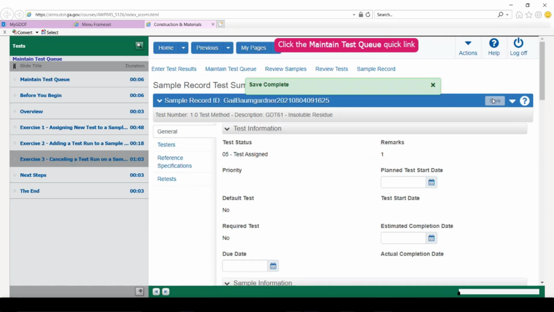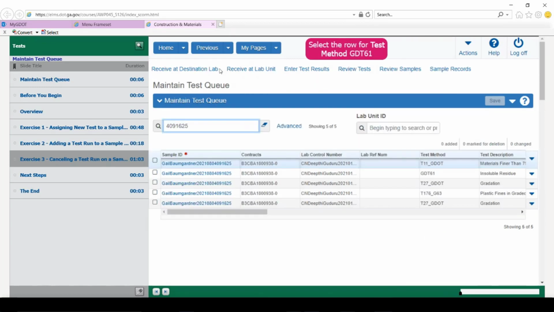Now we have another quick link here at the top for Maintain Test Queue. If you click on that, it will bring you into the Maintain Test Queue here for test method GDT61. We can select that row.